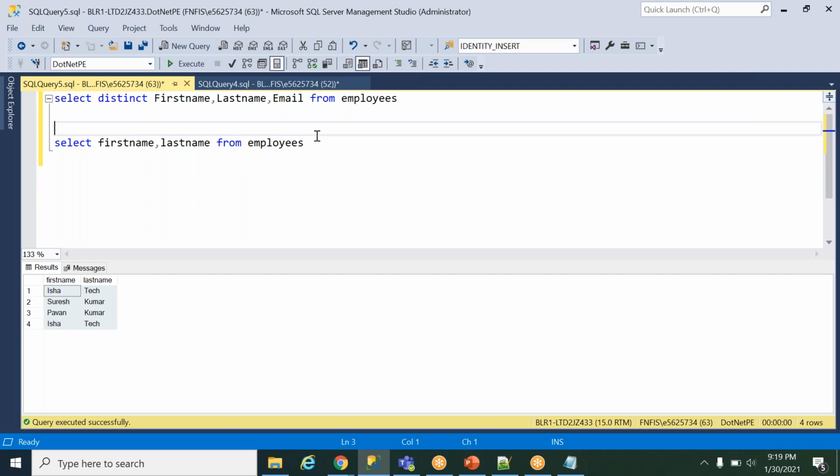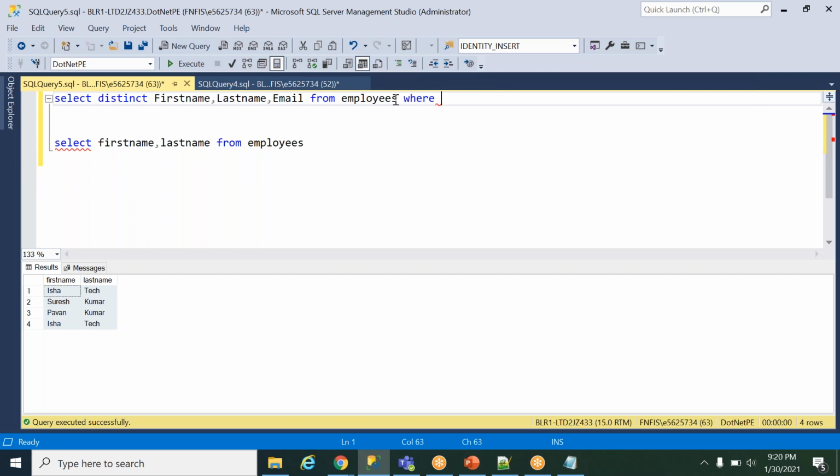Correct. Is there any other way to speed up? No, to speed up, meaning there is no other go. You have to put the filter conditions. Where conditions only you can put. The WHERE condition you can apply will not cause any performance hit, because it will always filter the values, right?